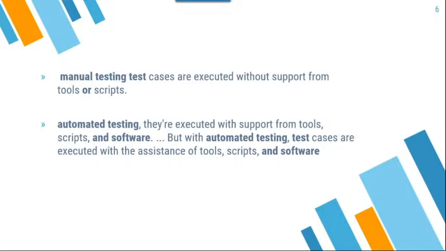Java is required, Python is required, C sharp is required. Suppose you want to write the script in Python, you need to learn Python. If you want to write the script in Java, you need to learn Java. Ruby, you need to learn that language. Based on that, you write the script. Based on the tools and script, we execute the application. Such testing we can call automation testing. But don't say automation means Selenium.